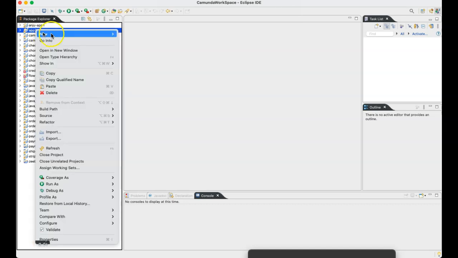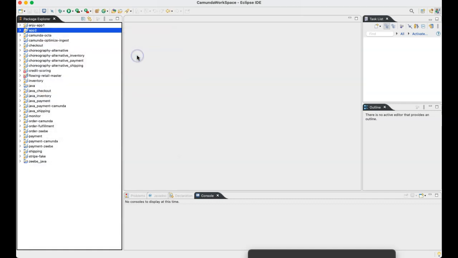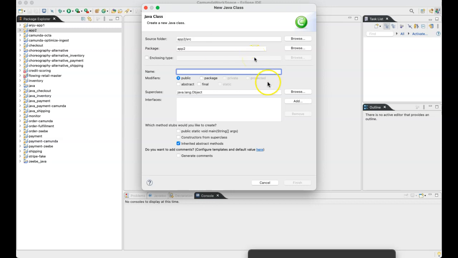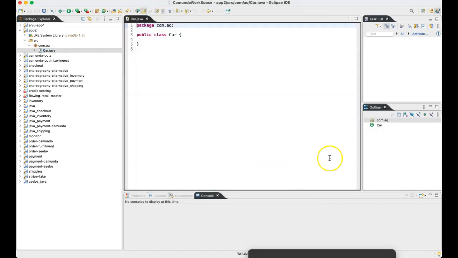You may be asking, why are you trying to do this? Just to help you understand in a clear fashion what I'm trying to do. I'm just trying to create a class. Nothing fancy here. Let's say we are trying to create a class called car. Perfect. So I didn't do anything. I just told it to please create a class for me, and by default, this particular IDE called Eclipse has given me a class called car.